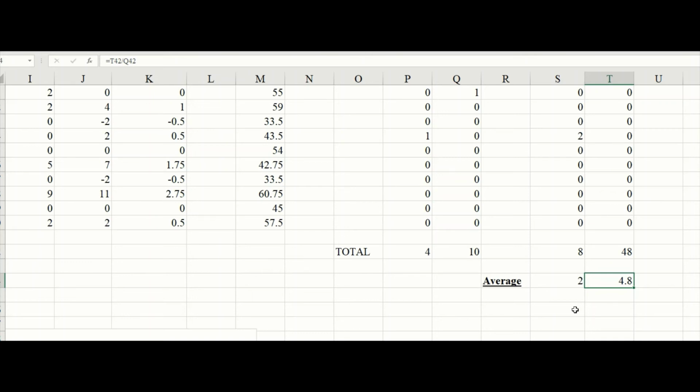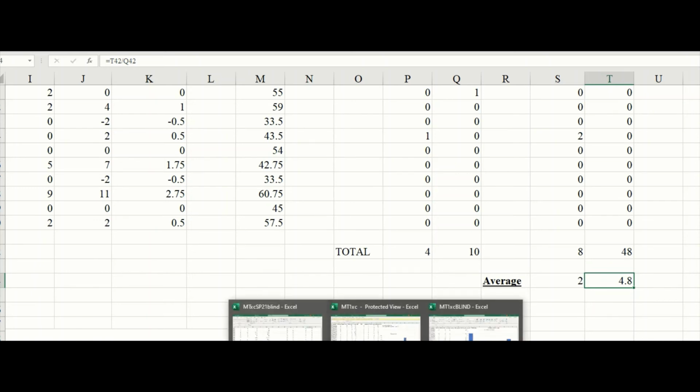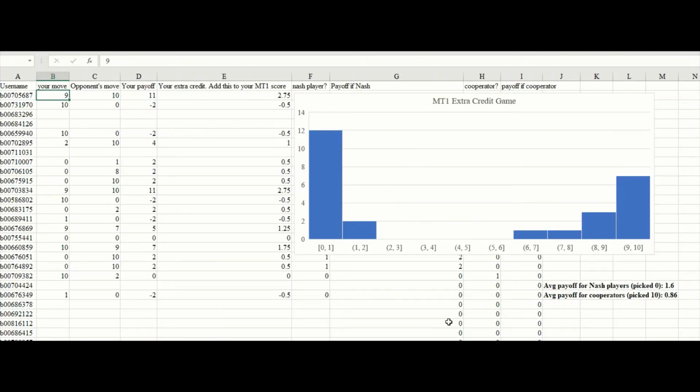So I've had my students play this game on midterm 1 for a couple of semesters now, so we have some historical data to compare to. So this class was fairly cooperative, I think in line with the results I've seen earlier. Let me show you what happened in the other semesters. Let's see. I think this one's